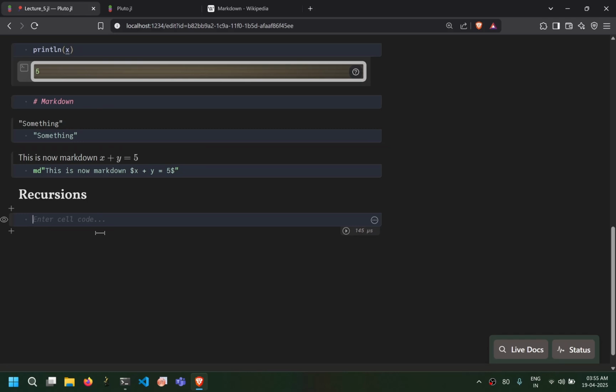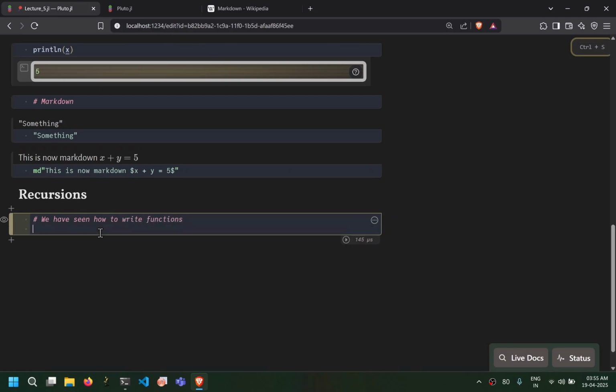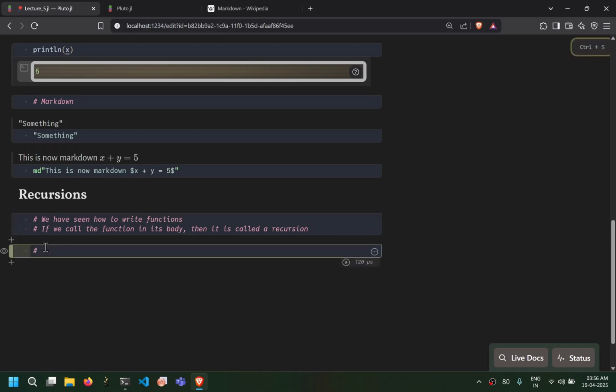Okay, so that means we have seen how to write functions. If we call the function in its body, so the body of a function is the set of code that you want to reuse, then it is called a recursion. Okay, so a function calling itself in its body is recursion. So some problems that can be easily solved with recursions are